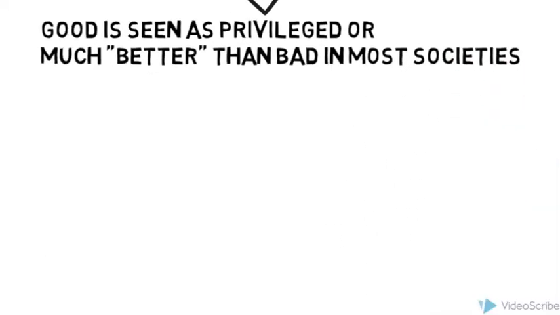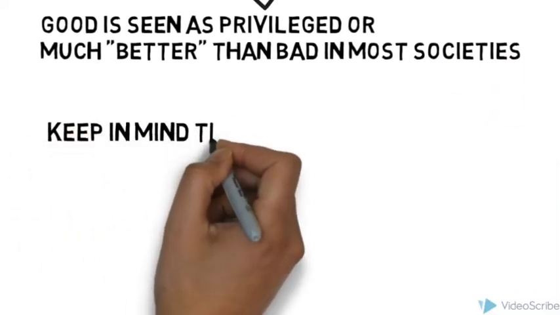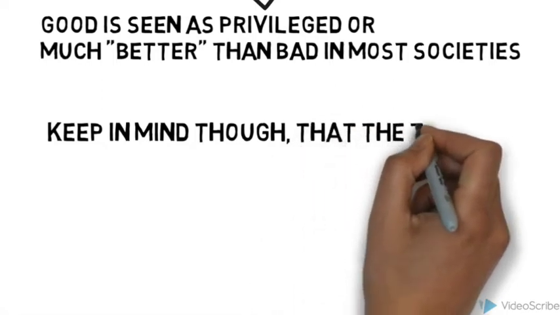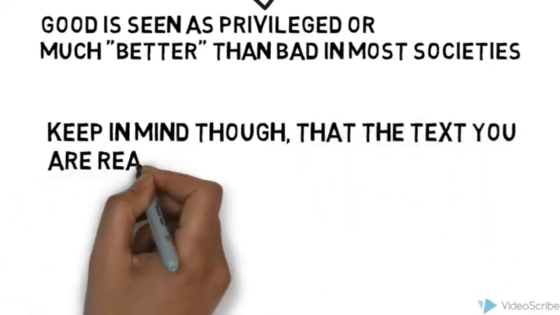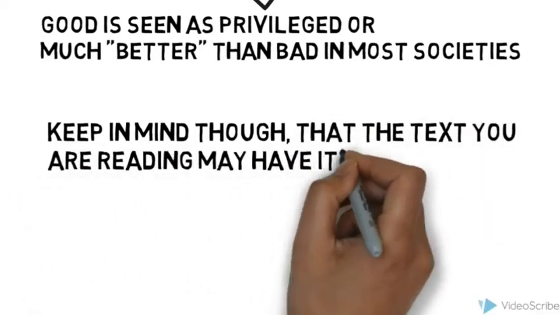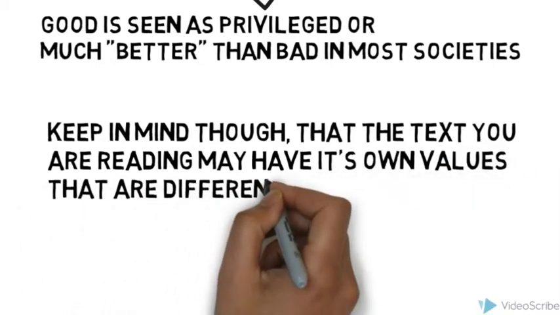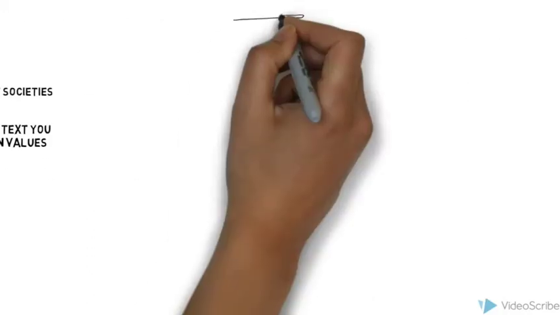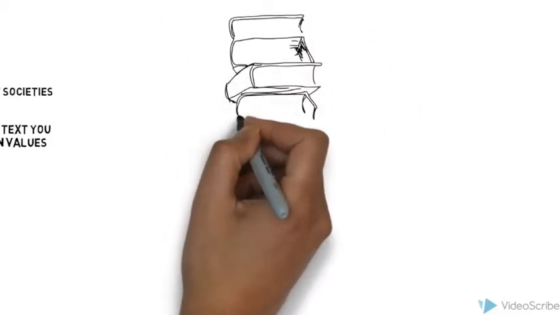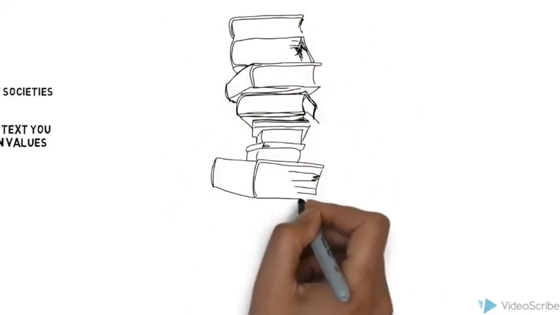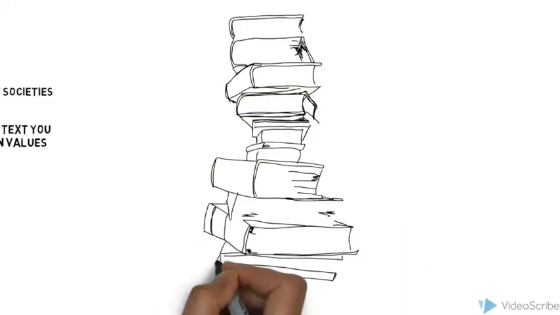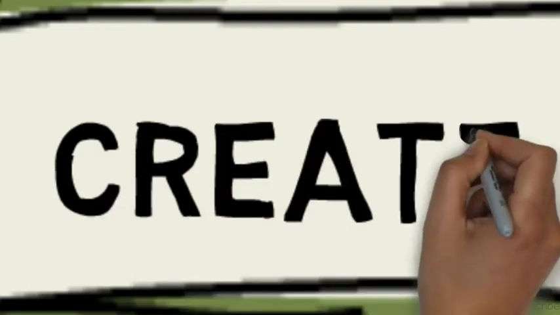Each binary has a privileged side based on the author's intention and/or the cultural understanding the reader brings. That is to say that one side of the binary pair is always seen by a particular society or culture as more valued than the other. When studying any kind of literature, it is worth looking for the ways in which layers of meaning are being created, shaped, or reinforced by this sense of binary opposition.